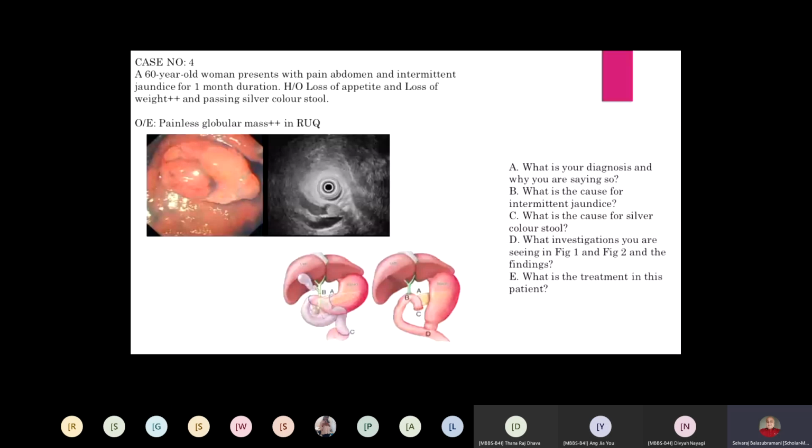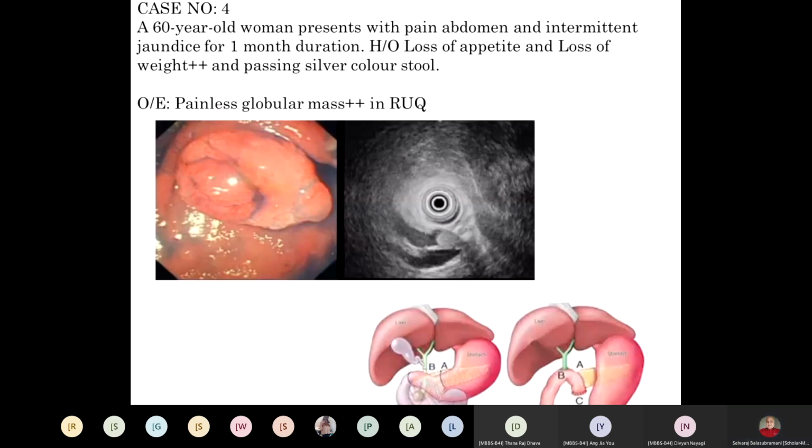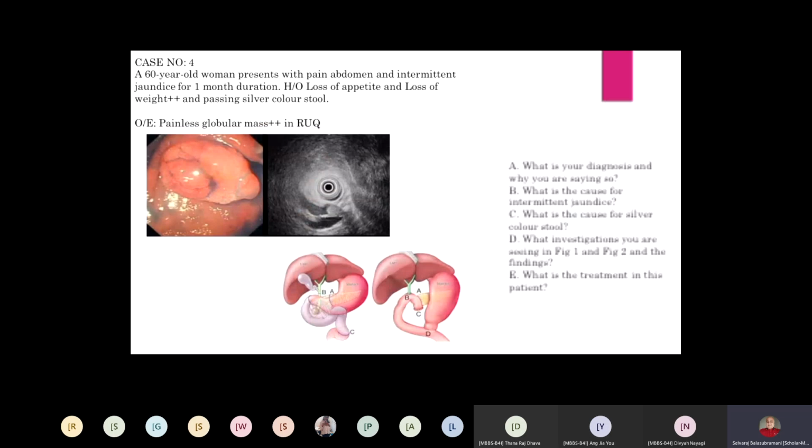What type of carcinoma is it? Periampullary carcinoma. Is it squamous cell carcinoma or adenocarcinoma? Adenocarcinoma, yes, correct. So whenever you are dealing with adenocarcinoma, suppose it is an advanced stage, and lymph nodes and all are palpable, what is the role of chemotherapy? What is the role of radiotherapy? Chemotherapy, okay, you can give.